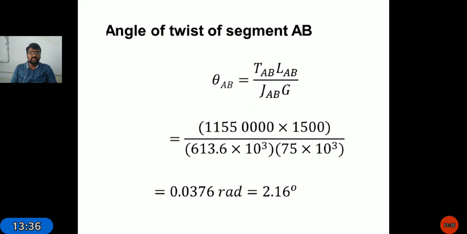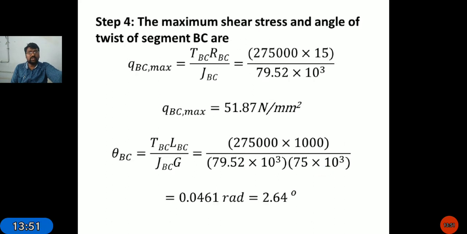Therefore, theta AB is equal to TAB into LAB by JAB into G. By substituting all these values in this equation, we will get the value of angle of twist in shaft AB, that is 2.16 degrees. Similarly, the maximum shear stress and angle of twist in segment BC, that is,